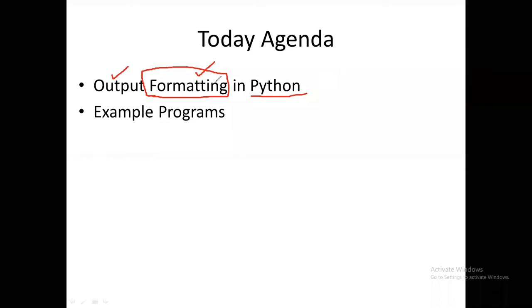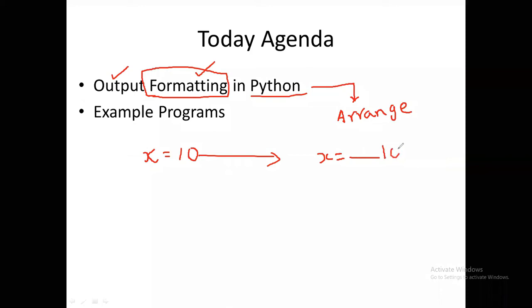Formatting is nothing but arranging the output as per the user requirements. For example, I want to print a number. This is the variable x equals 10.